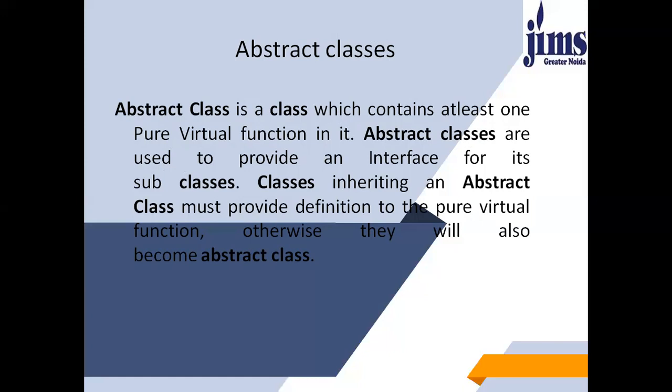An abstract class must contain at least one pure virtual function, as I've already told you before. In C++, a pure abstract class cannot have data members or non-abstract member functions. A pure abstract class cannot be instantiated and an object cannot be created from it, since a pure abstract class does not have an implementation with it.